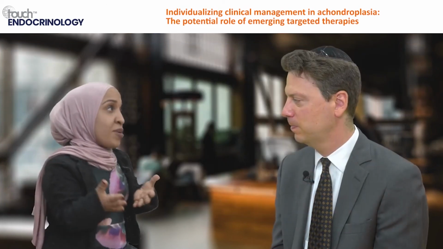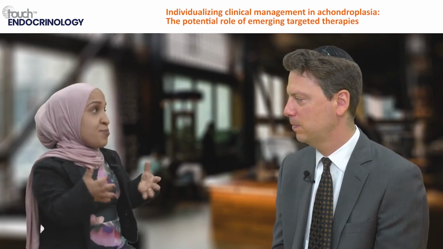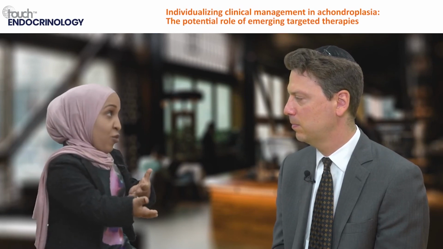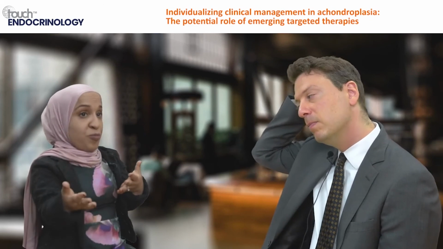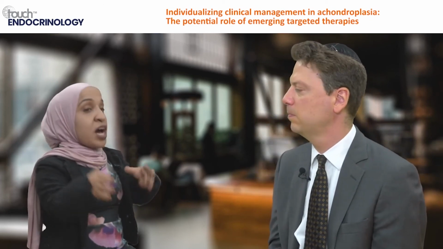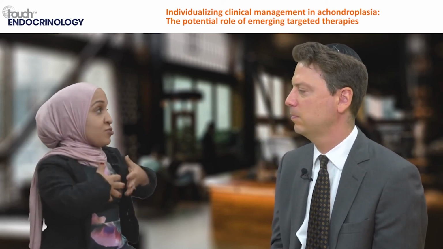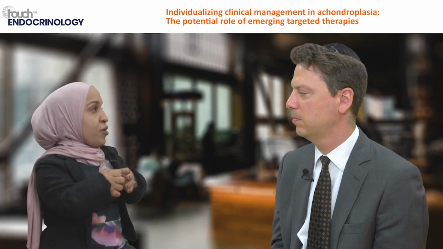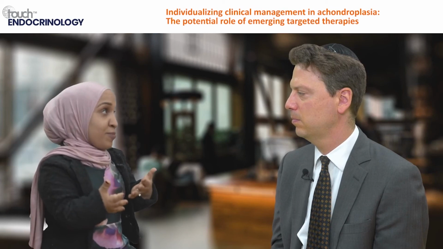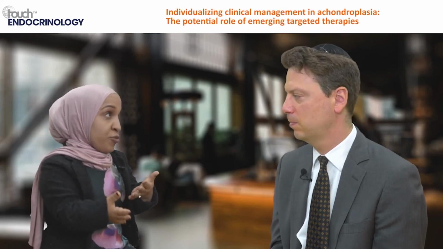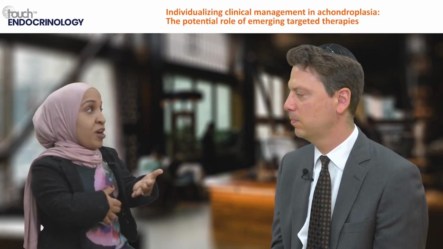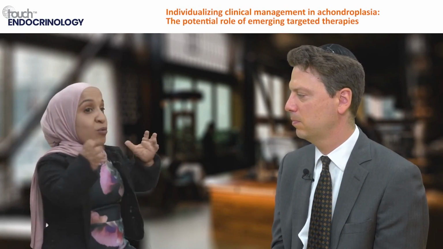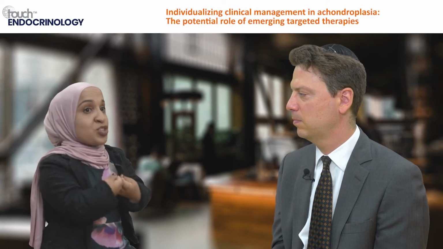We have to do it as a multidisciplinary approach. There needs to be the pediatrician involved. There needs to be a geneticist involved who makes the diagnosis. And orthopedics and ENT are key players. There are other subspecialties that also play part of the team, but those are the main primary ones. I think now endocrine is going to be one of the big players, especially if we're doing pharmacotherapy, following them on growth, along with puberty and all of those factors. But we need to be talking all together to make sure we're not missing any